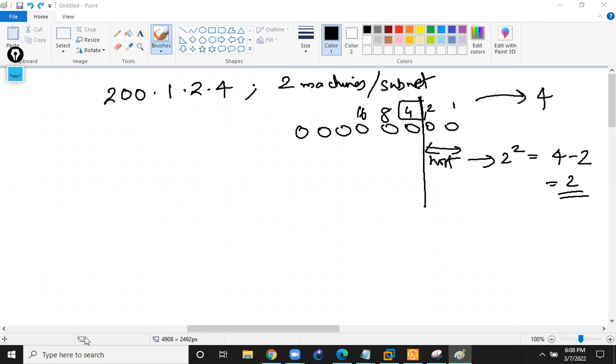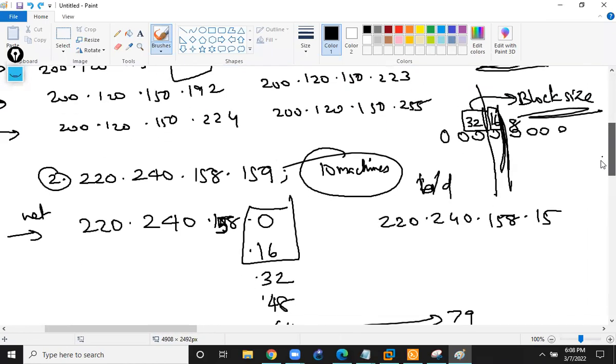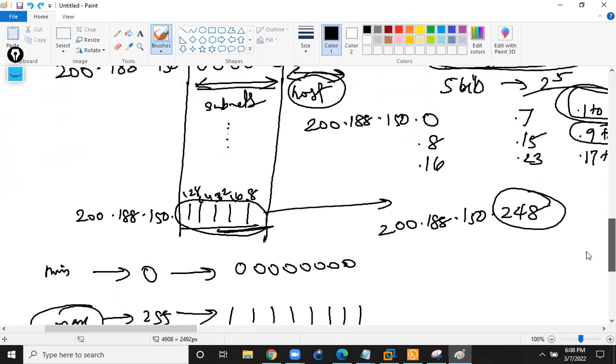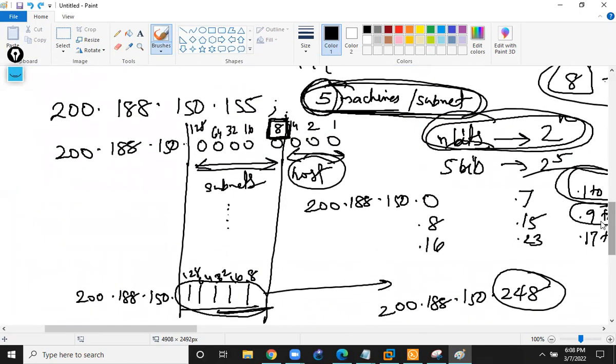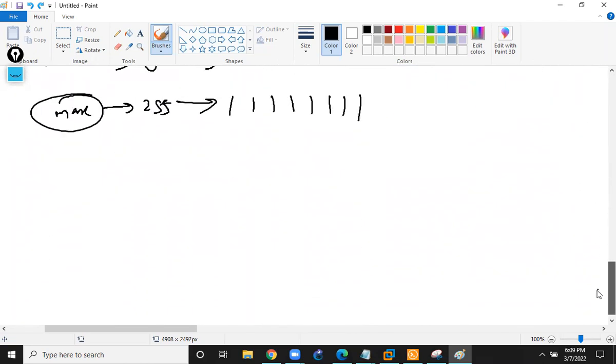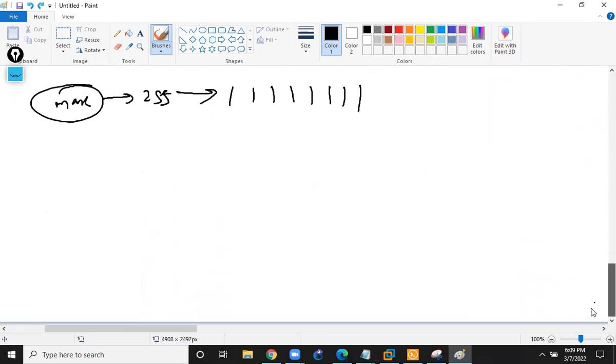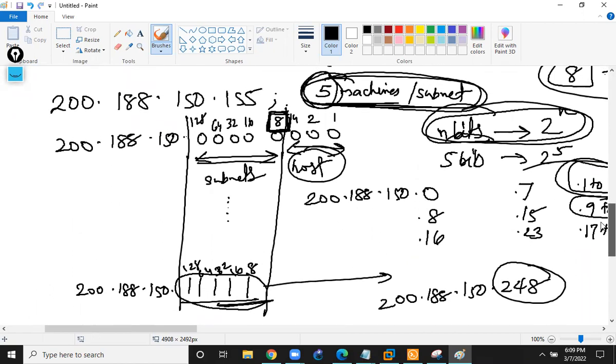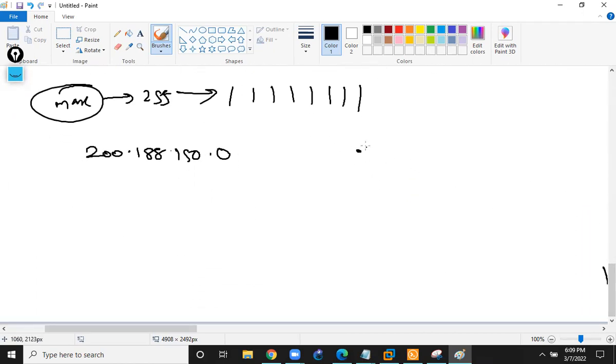So guys, let me write down the answers for the previous one. If you have completed it, you can check it for 5 machines. 200.188.150.0. When you write it, you need to write the complete thing. Here the block size is .7, and here it is .8, .15, .16, .16, .23, like that. It goes like that. And at last, you will get